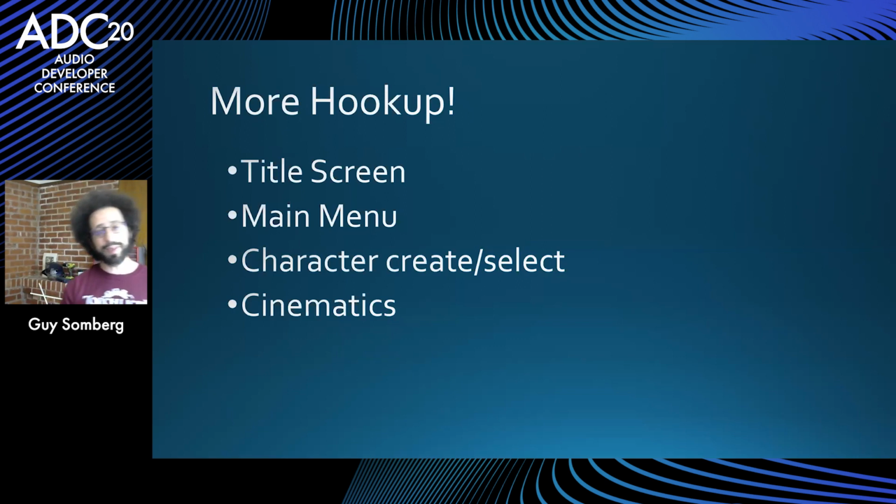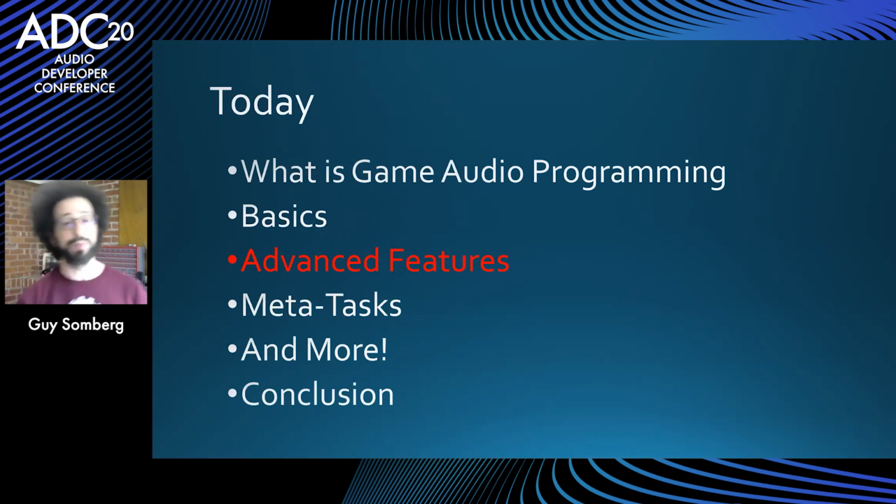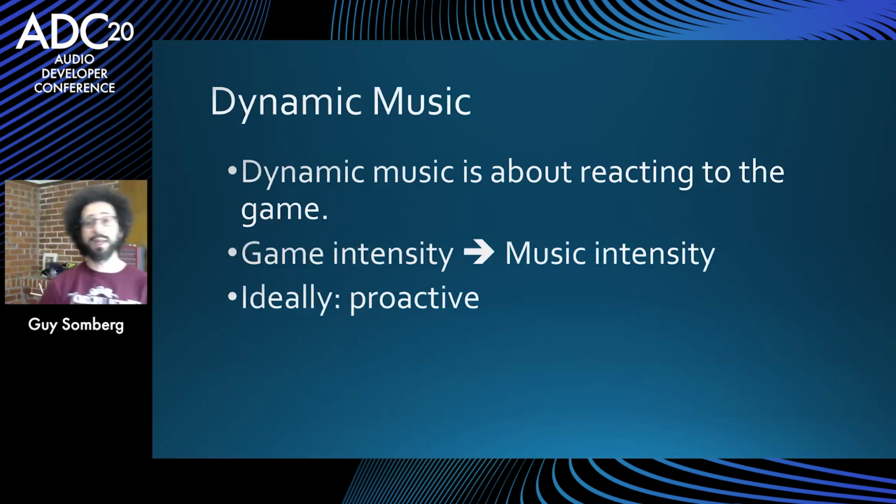So a lot of the basics are just around making decisions about how you're authoring the music and where and how you're hooking it up. So let's dive a little bit more into some advanced features. And the advanced feature I want to talk about is dynamic music. So dynamic music is about reacting to the game. It's about the music's intensity reflecting the game's intensity. So the game has to communicate to the music how intense it should be,